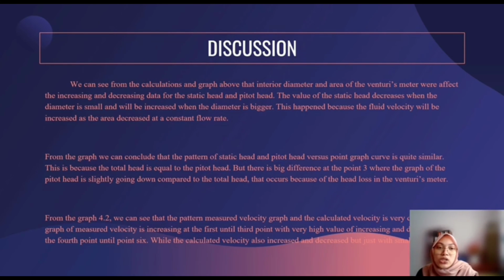Okay, for the discussion from the graph, you can see the calculation and graph above. The interior diameter and area of the venturi meter will affect the increasing and decreasing data for the static head and pitot head. The value of the static head decreases when the diameter is small and will increase when the diameter is bigger. This happens because the fluid velocity will increase as the area decreases at a constant flow